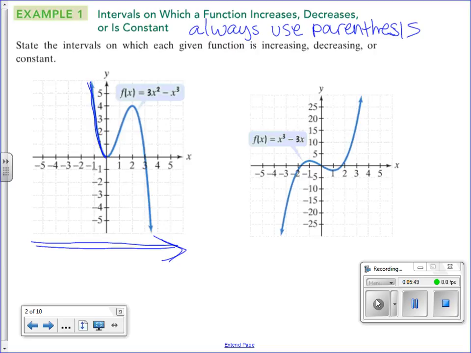So if we were to think about the definition, you could see that the y values are decreasing. And so we're going to take that interval and also the one here. That one is also decreasing. Okay, so to answer the question, this function is decreasing